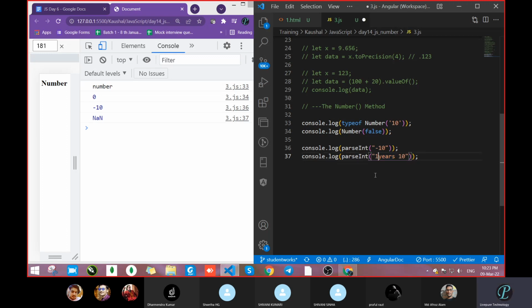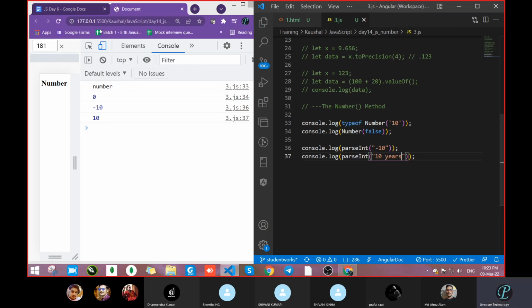When the number is at the starting position, it returns the number part, like 10 from 10 years, and the year is removed. But when year itself is on the first position, it gives you NaN because it can't take a number; no number is there. That's why it will not take the later value.